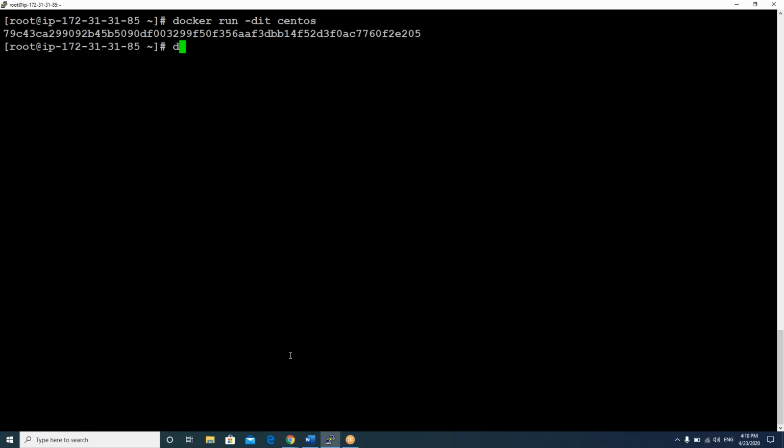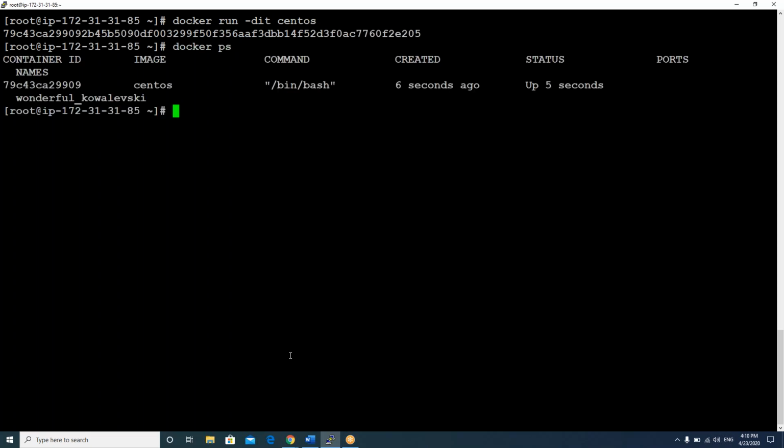So how can I get the IP address? There are multiple ways. By logging into the container, and once you are logged in, you can use the ifconfig command, or else from here itself, in the Docker host, docker inspect with the container ID. Yesterday we saw docker inspect network bridge, right? Instead of that, this way also works. Docker inspect and your container ID or container name, that also works.